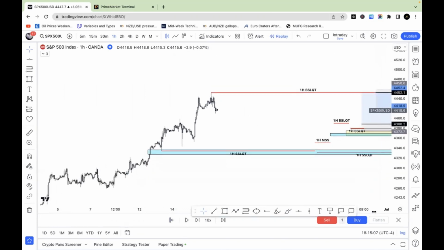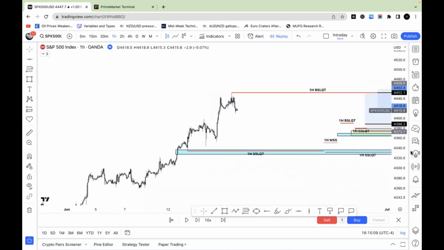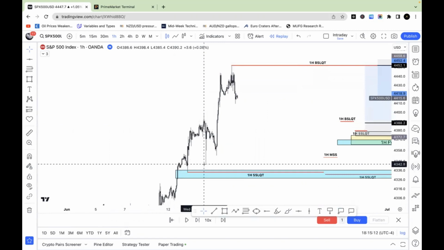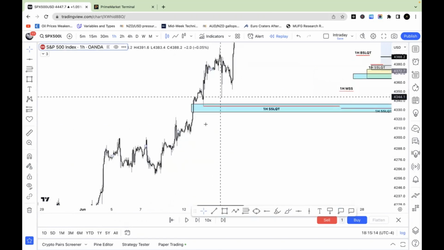So I had a few ideas for this for my POI. You had a 1 hour imbalance just below this swing low right here that I was considering, and you also had